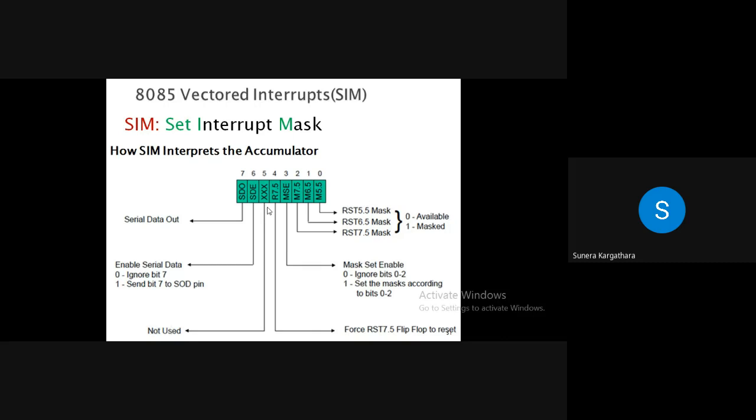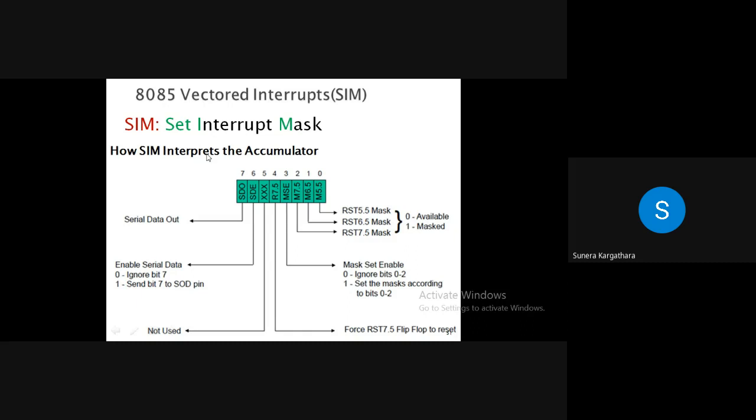So ultimately, whatever pattern you make here, depending upon that, your processor will understand how many interrupts are available, and out of the available interrupts, how many are masked. Am I communicating? Right? Okay. कौन ये मुझे एक बार बता देगा what we have discussed? So we are setting the masking of interrupts, right?